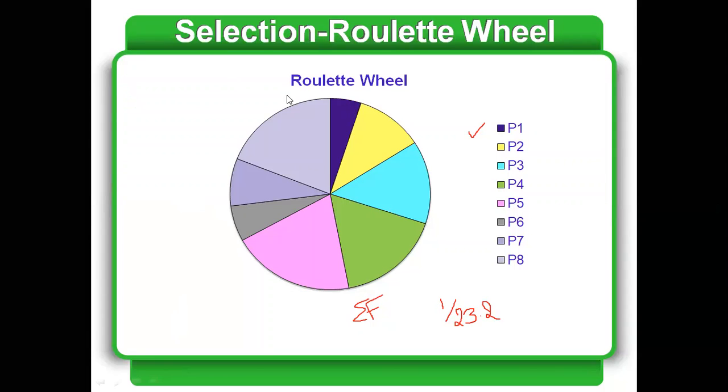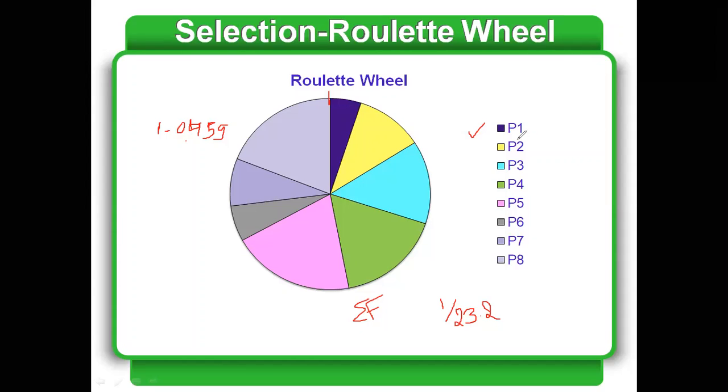अगर मेरे पास first time की value आती है 0.042, just so I spin it one time, और मेरा कोई marker है इस पे, there is a marker, let's say I show a red marker है. In that red marker, that is going to stop at the value of 0.459 इसकी value है. So starting from the lowest fit individual P1, P2 जो भी है, I will start adding